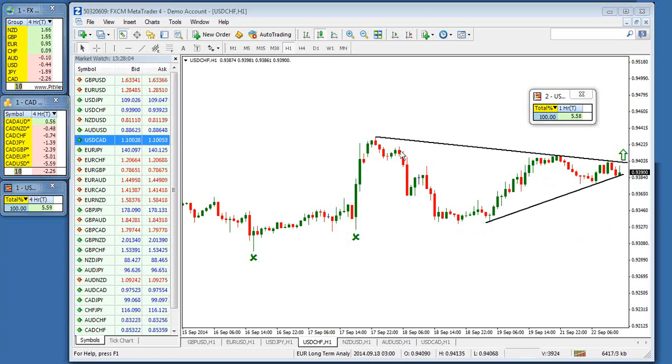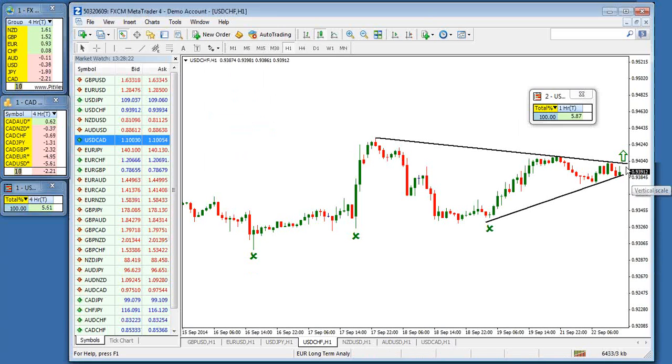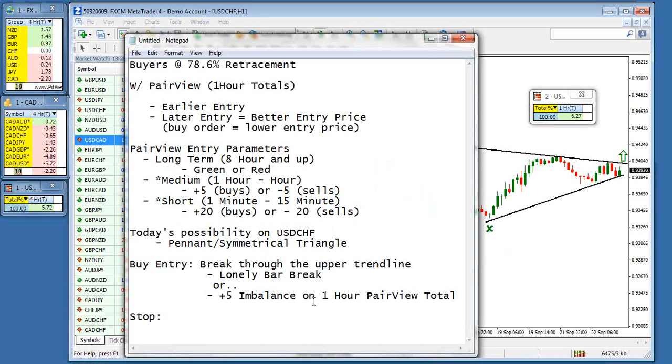Now, since this is a symmetrical triangle, what I might look at, if you're looking for more pips on the trade, is you can look to put your stop below this low right in here, the low of the pennant formation itself, because generally when this breaks out, people would look for it to break out by the length of the triangle. So putting your stop below this low of the pennant formation would probably be a pretty good stop point. So low 0.933,